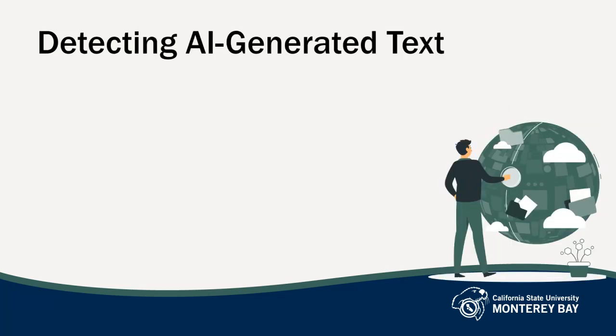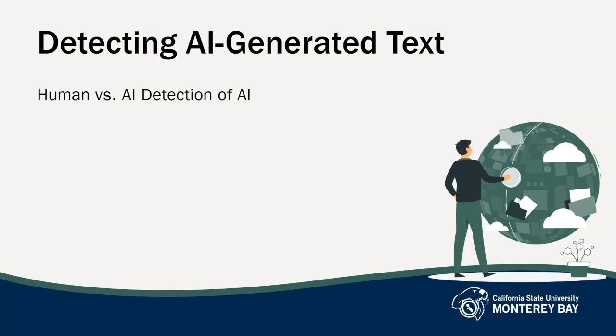When we talk about detecting generative AI outputs, there are two ways to do that. You can either detect it yourself after a bit of training, or you can rely on some kind of AI tool to detect AI-generated content. We'll talk about some of the AI tools you can use to detect AI content on the next slide. For now, we'll talk about some strategies that you can use as a human to detect AI-generated text.